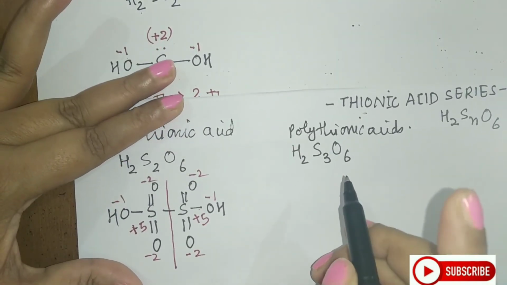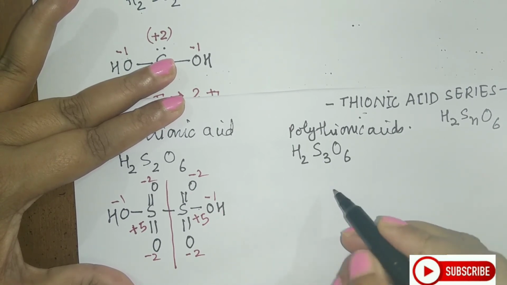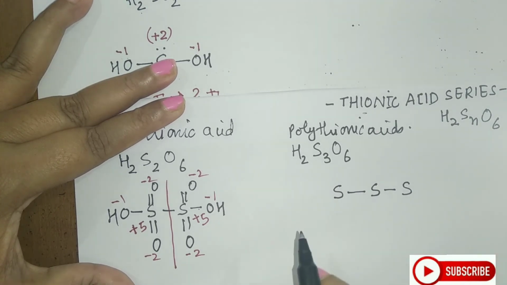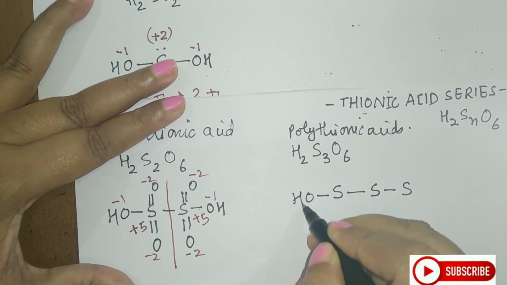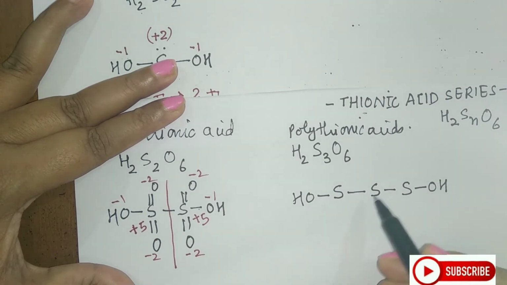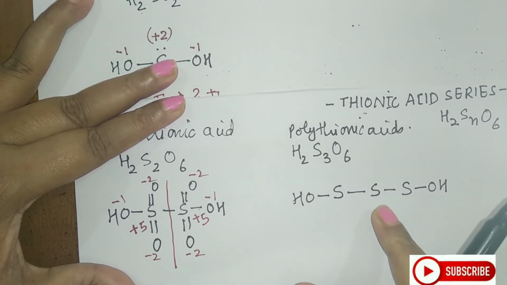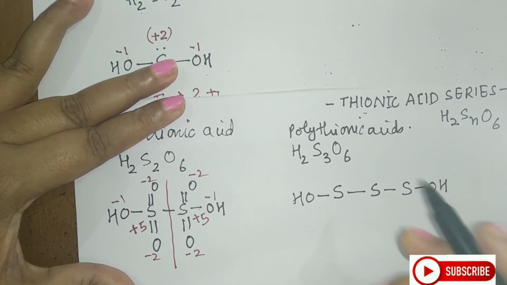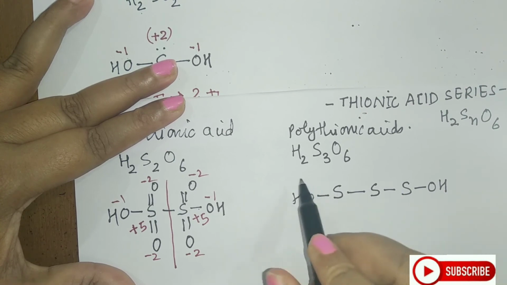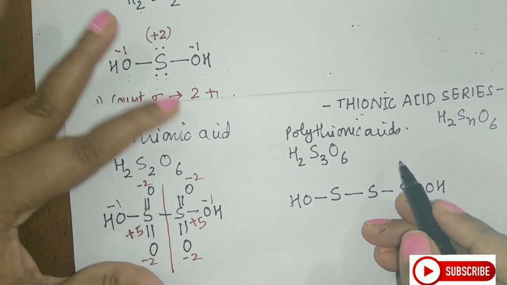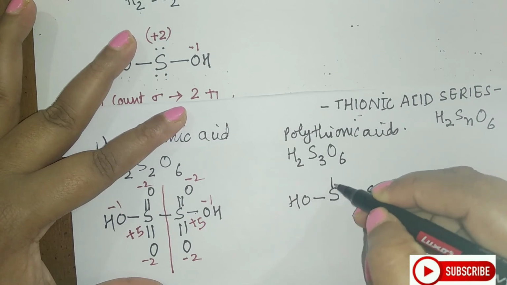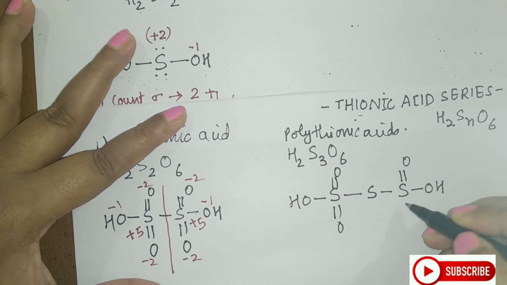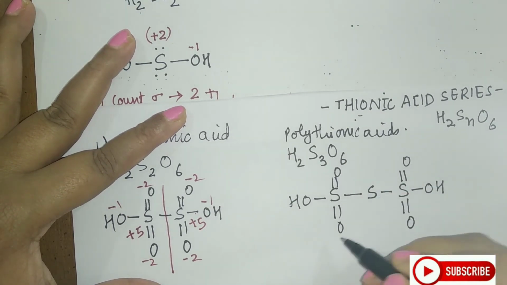Now same, you have to write the skeleton. Now as there are 3 sulfur atoms, I will form the skeleton as S, S and S, and the remaining rules are the same. Form the maximum number of OH and attach to this. You will not attach anything to the central atom or the SS linkages here. You will use the rules for the extreme sulfur atoms. Now here I have used 2 OH. Now how many oxygen atoms are remaining? 4. So attach in this way. Structure is same as what you have shown here, and 2 on this. So 1, 2, 3, 4, 5 and 6.